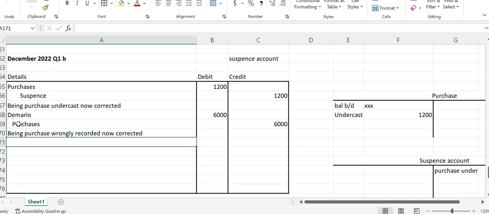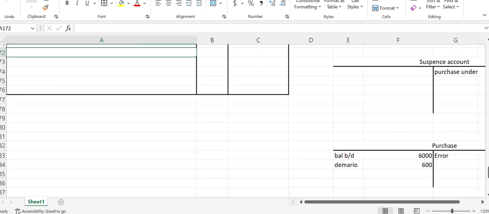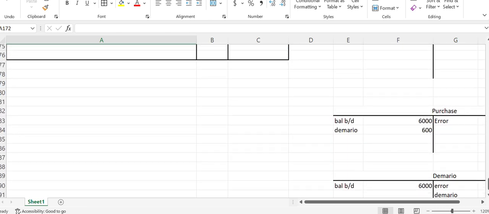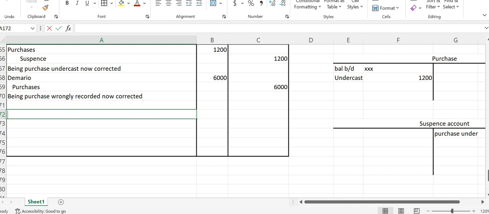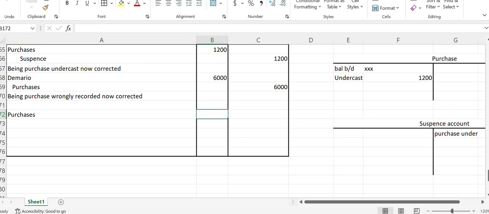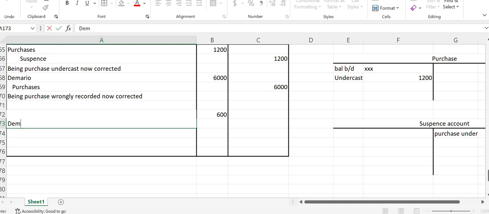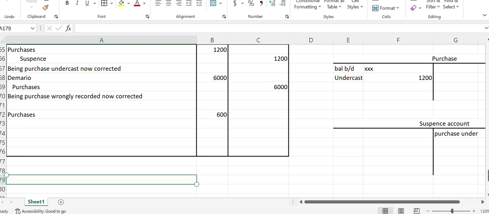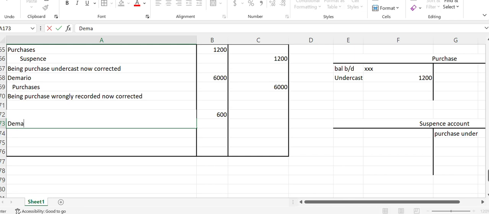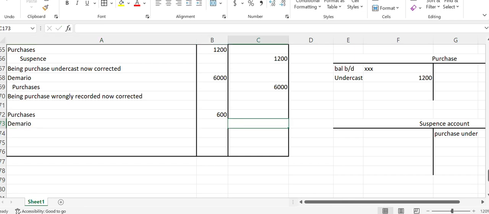And then on the same, now recording the right transaction. How do you record the right transaction? Tumekuja hapa, let us check, tuka debit purchases. So again utakuja hapa useme purchases 600, and then the Mario 600. So utasema